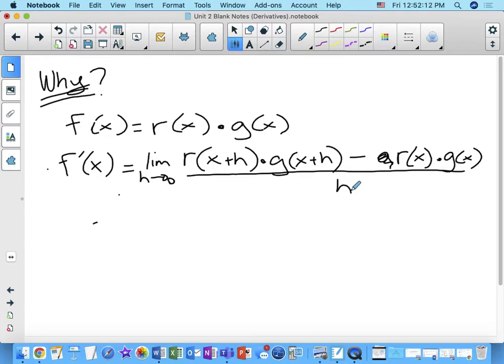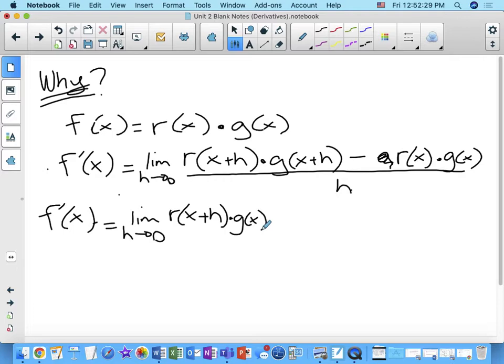Now what I'm going to do is add and subtract the same term in here. And if I add and subtract the same term, what I'm actually doing is adding and subtracting 0: minus r of x plus h times g of x plus r of x plus h times g of x minus r of x times g of x